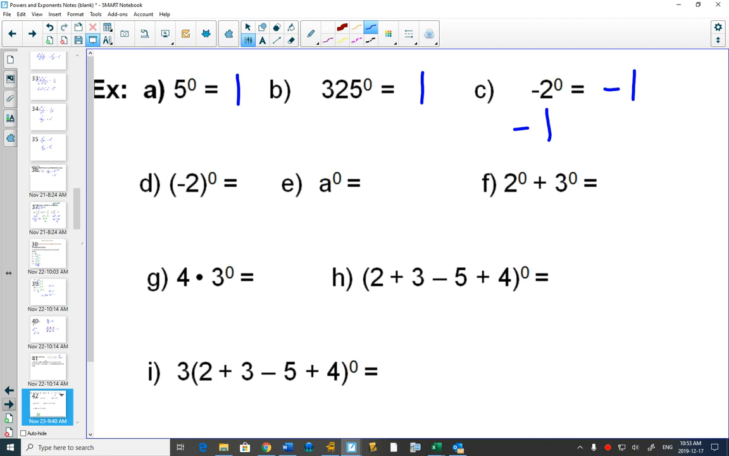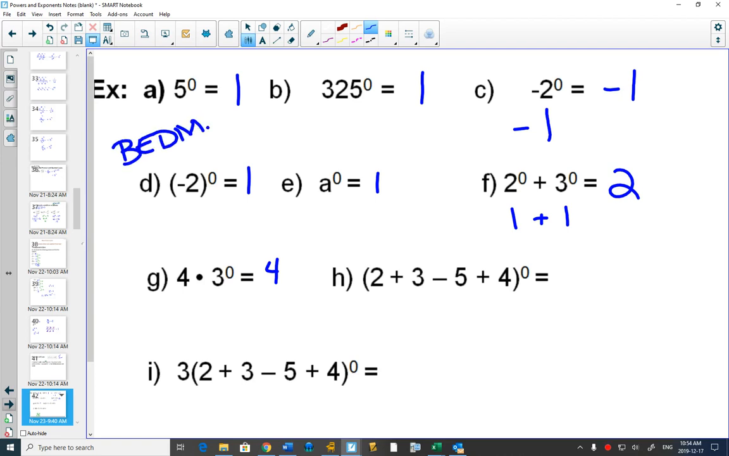What about negative 2 to the 0? This one is positive 1 because the negative is inside. A to the 0, 1. 2 to the 0 plus 3 to the 0, 2, because this would be 1, and this would be 1. And the difficult math here is the 1 plus 1. And the answer is 4 times 3 to the 0. It is 4. If you did the wrong order of operations, if you did 4 times 3 first, which is 12, and then did 12 to the 0, you would get 1. But order of operations,